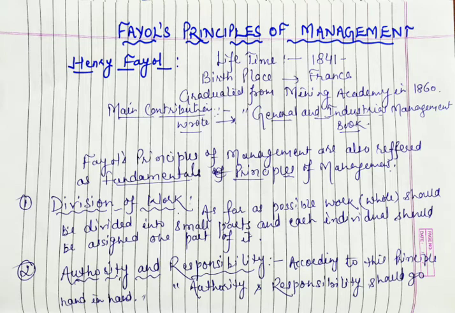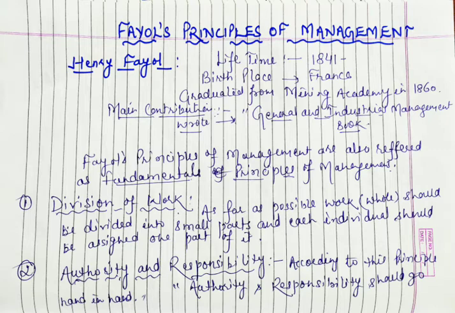For example, a bank involves several operations, so many operations like cash collection, payment of cash, issue of checkbooks, issuing passbooks, and so many other functions. All these activities are performed by different persons. So this is division of work, as it improves their efficiency and makes them specialists in their concerned fields.